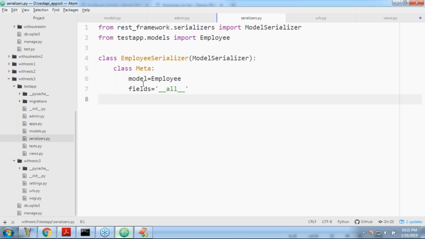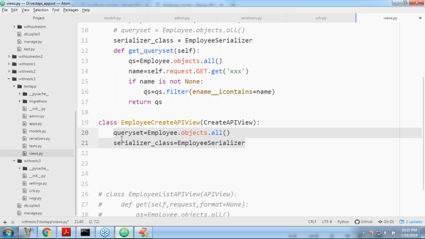So in the case of CreateAPIView, to which database I want to add, maybe that connection is always obtained from the query set variable. Clear, right?